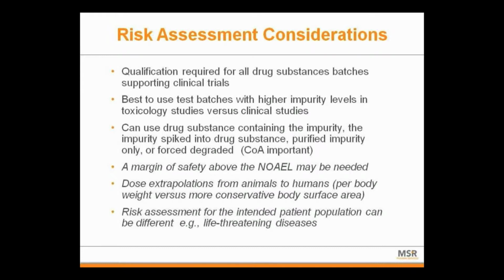This slide really gives some of the considerations that you need to have. One is what we talked about with regard to spiking in the drug substance or using the purified impurity. The other is the margin of safety you need. So, for instance, if you qualify an impurity at, let's say, 0.3%, and the specification is 0.3%, there's no safety margin there. And so if the lowest adverse effect level is a very steep dose response where you do have an injury, you may want to have a safety margin with regard to your no adverse effect level versus your specification. And that really depends on the toxicity that's seen.